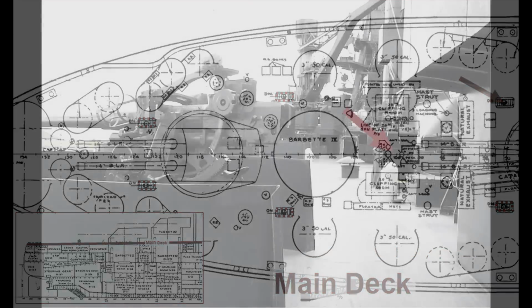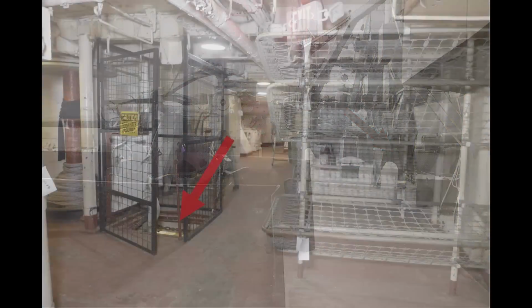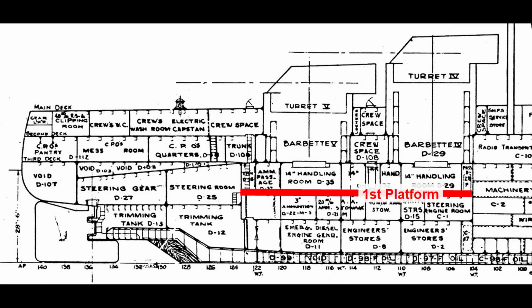We'll use one of a number of deck hatches and ladders to descend to second deck. We'll then walk a short distance aft in the port passage to frame 103 to another deck hatch that will ultimately take us to the first platform. We'll be on third deck once we're at the bottom. From there, we'll step over the hatch combing behind the foot of the ladder and continue down a vertical ladder